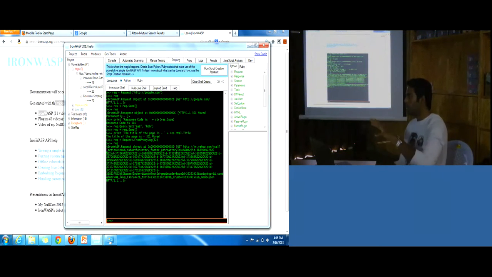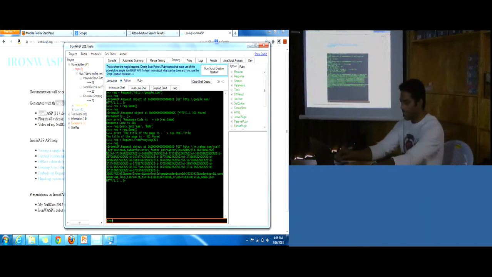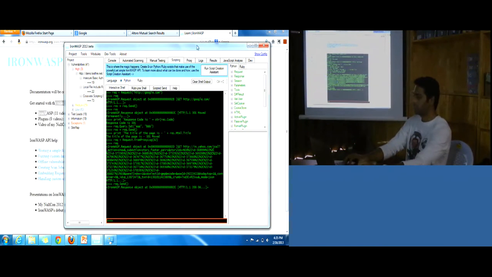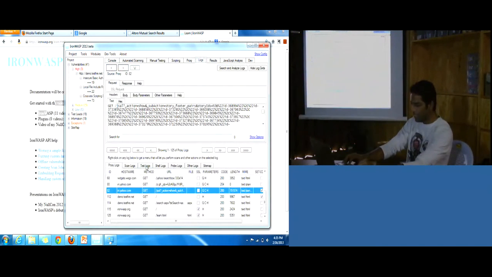So I do not have to handcraft all the parameters. I just pick it from the log, convert it into a request object. If I want to, I can modify 1 or 2 parameters, and then I can just send this request.